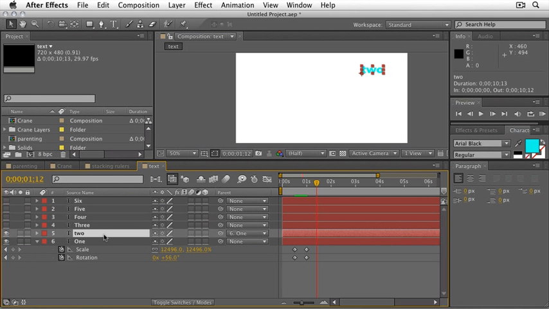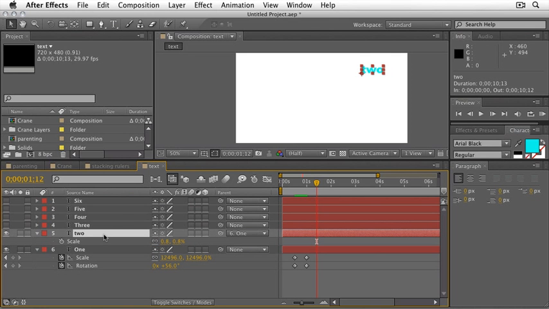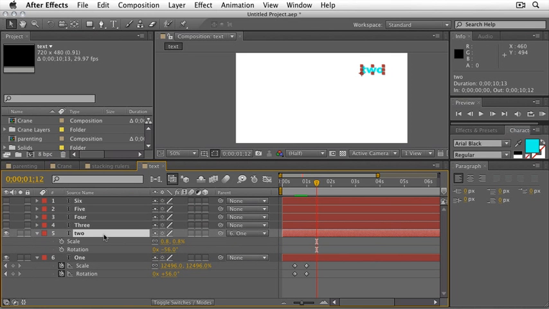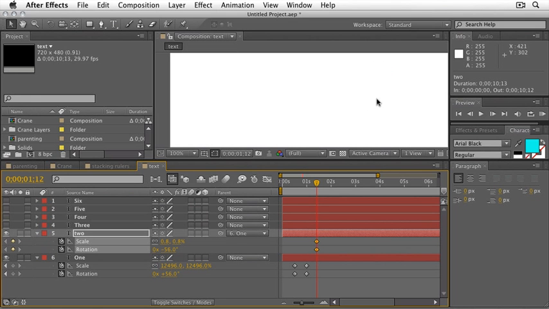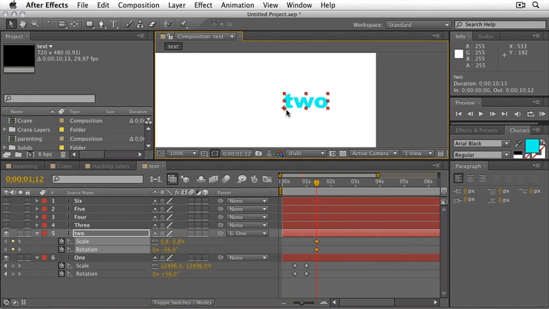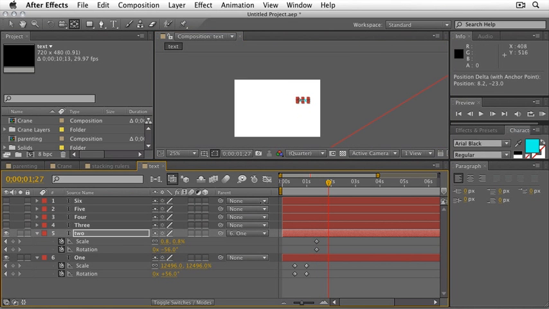The next thing that I'm going to do is exactly the same thing to the number 2. So I'll press S for scale, and then Shift R so that I see both of them at the same time. I'll zoom in, and I'm going to move the anchor point of this word to where I want for the word 3 to live. Maybe here on the T. I'll move in time. And now I'm going to change the scale